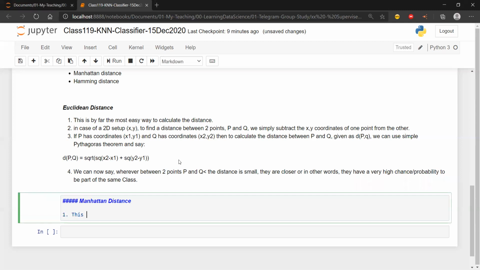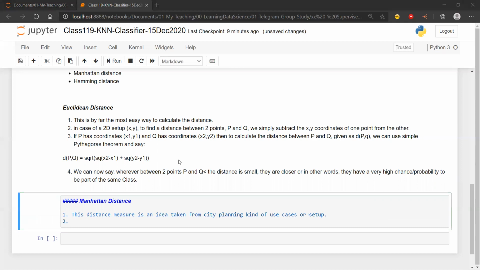So this distance measure is an idea taken from city planning, kind of use cases or setup. Why I say this is because it has different other names also.